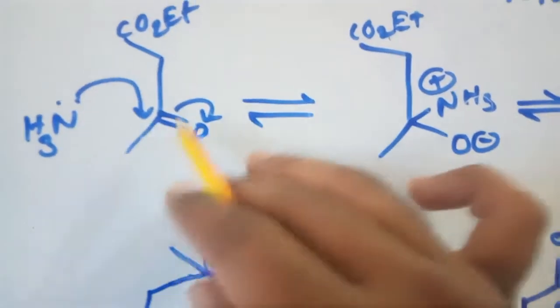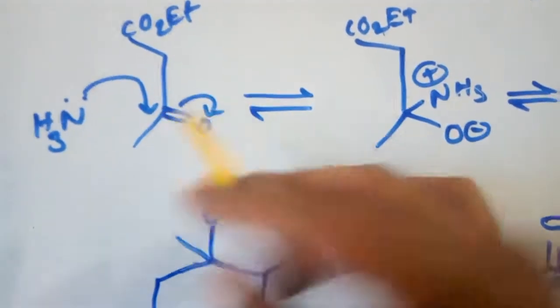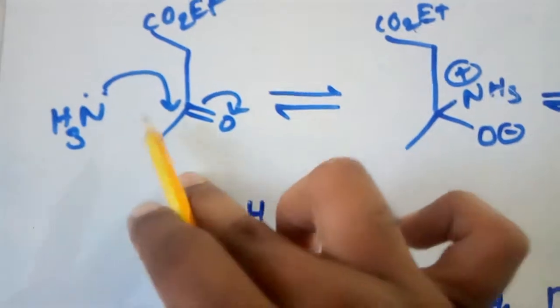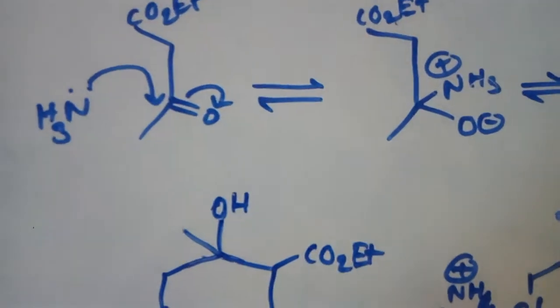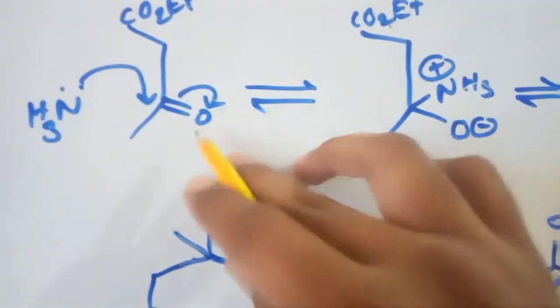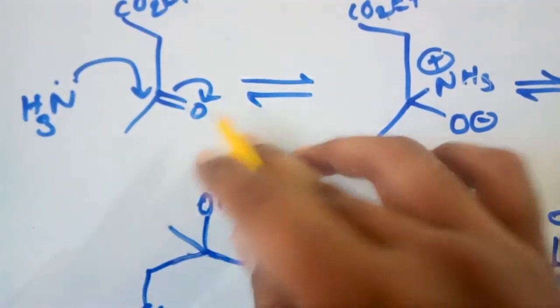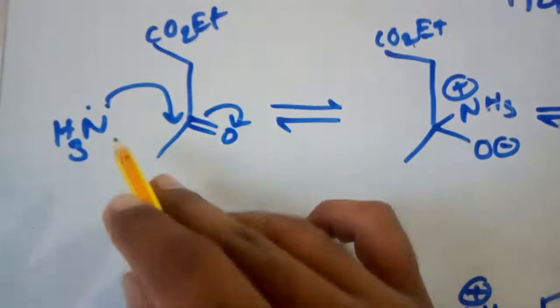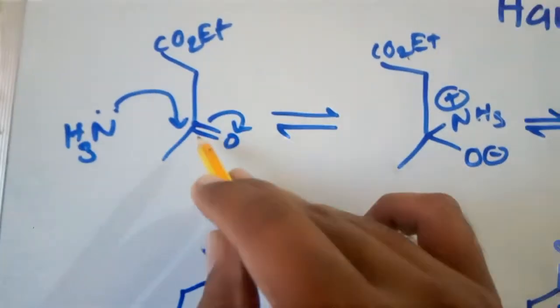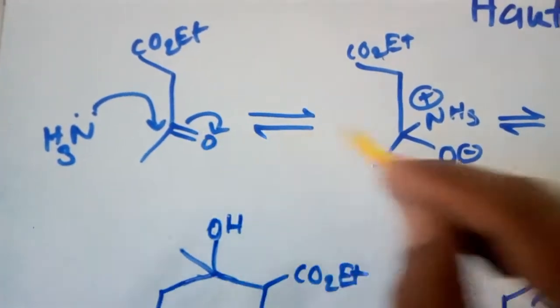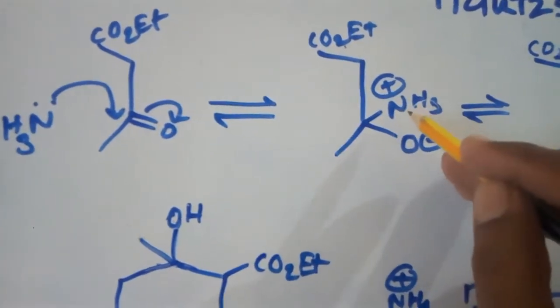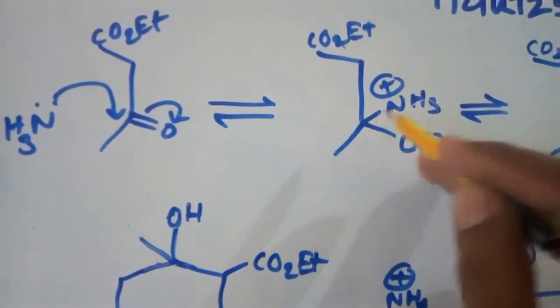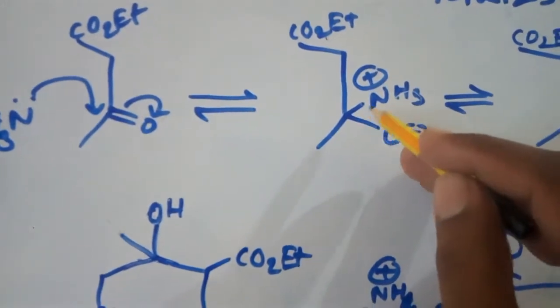Here we have taken an example of amine. As we know, amine has nitrogen with a lone pair of electrons, which will attack this carbonyl carbon, which has a partial positive charge because it is attached to oxygen, which is more electronegative. So simply, this nitrogen will attack on this carbon, and the electrons go on the oxygen. Nitrogen, because it has donated its lone pair of electrons, has 4 valency, therefore it is